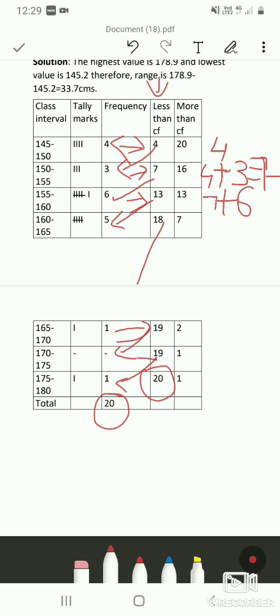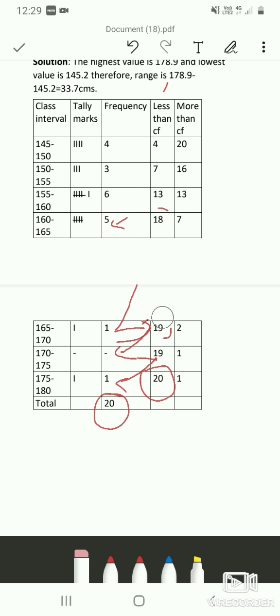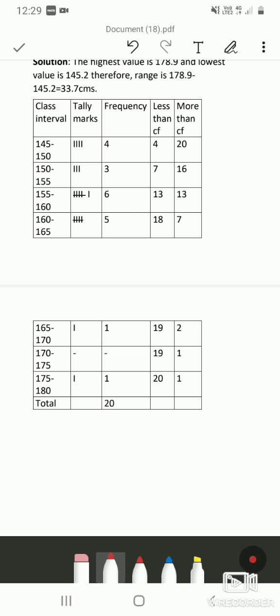Then 13 plus 5, you will get 18. 18 plus 1 is 19. 19 plus 0 is again 19. Then 19 plus 1 is 20. So this is how you calculate the less than cumulative frequency.